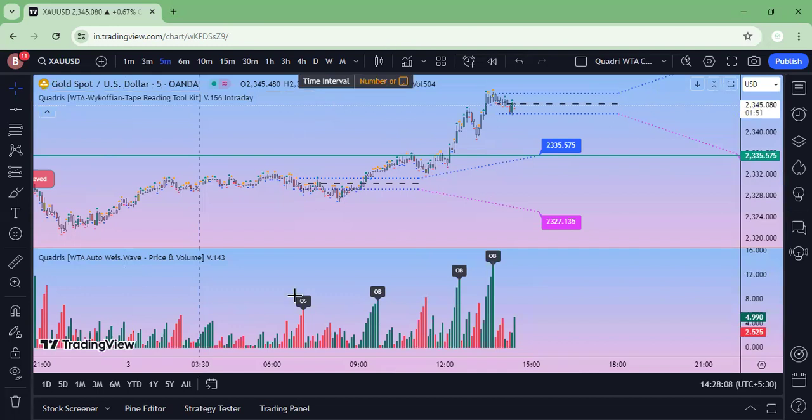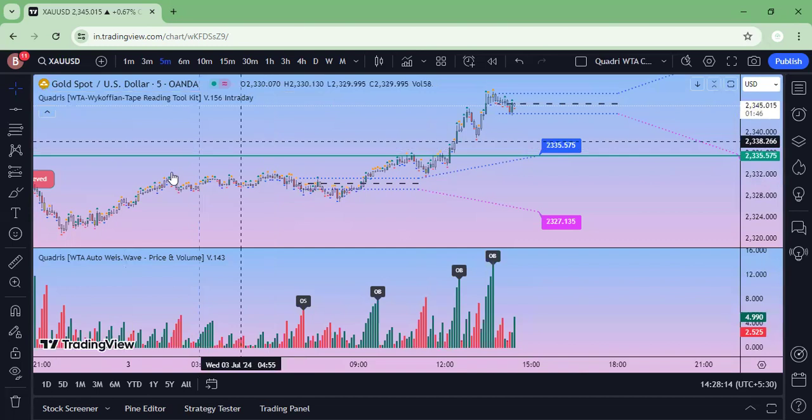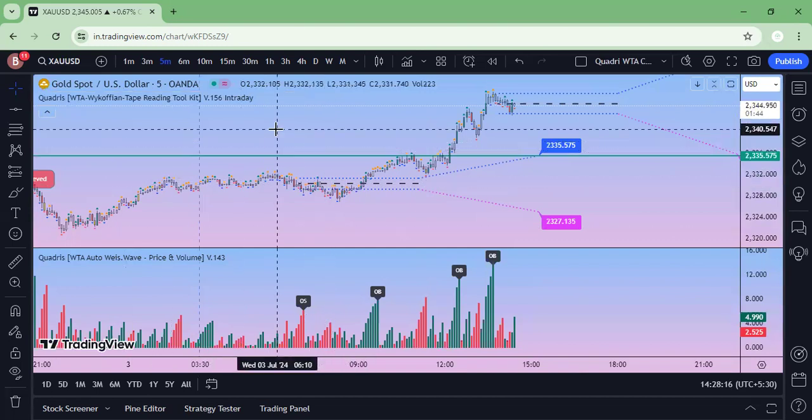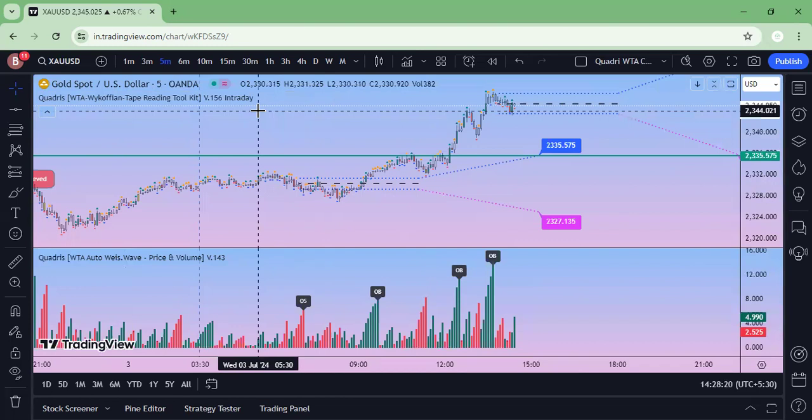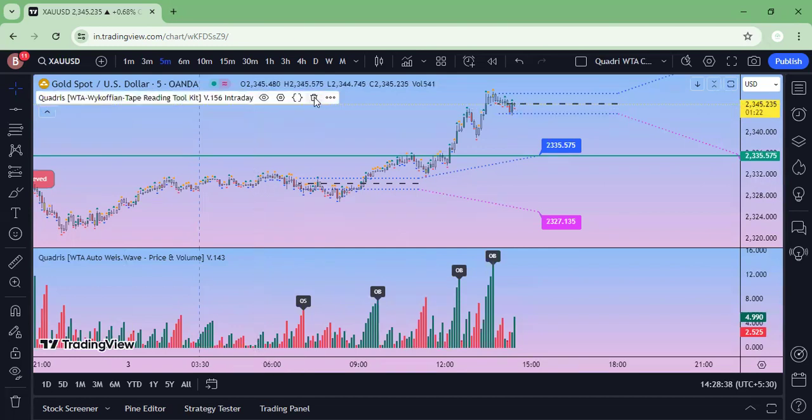The reason for using the free version of TradingView is that I don't know how many people are using paid versions. If I apply all the indicators in one chart, then people will think it can be applied on the free version as well, because in the free version we have a constraint that we can only apply 2 indicators at a time.